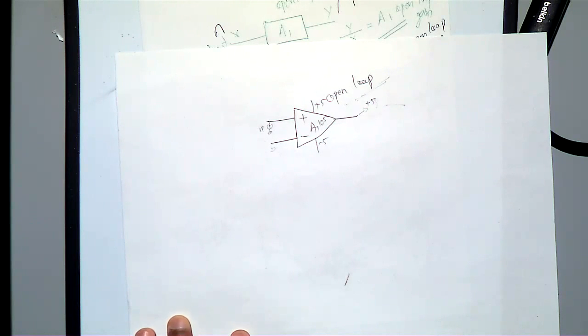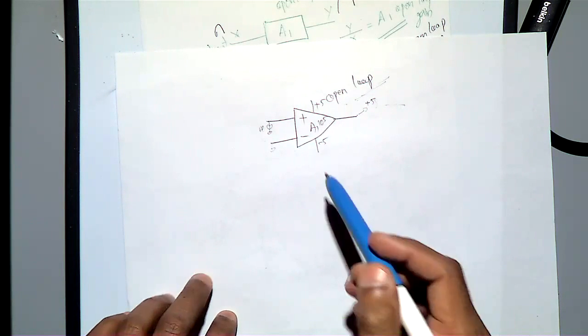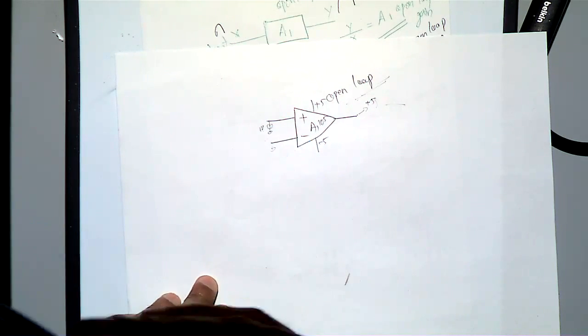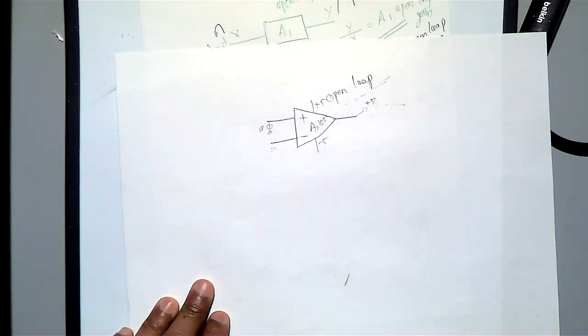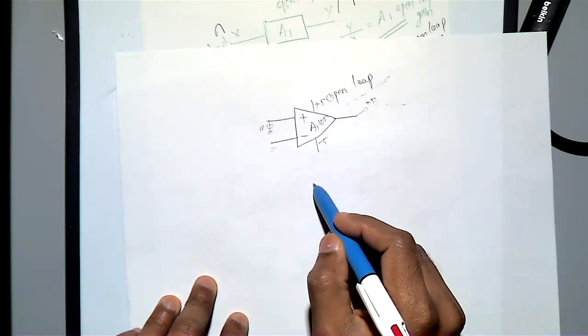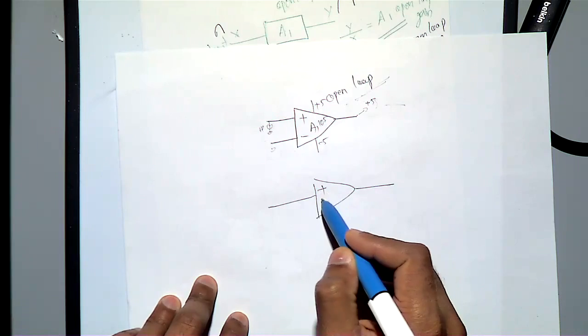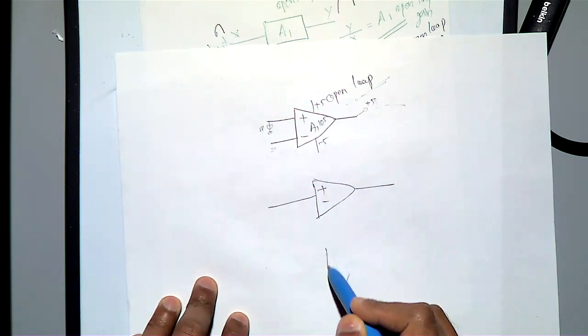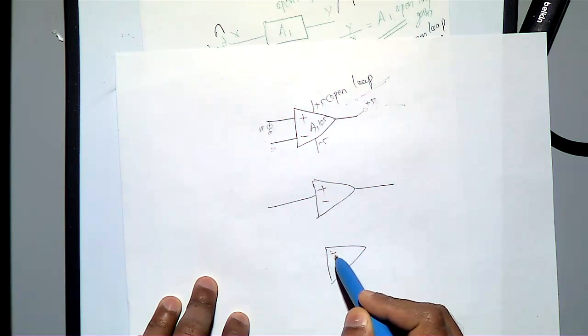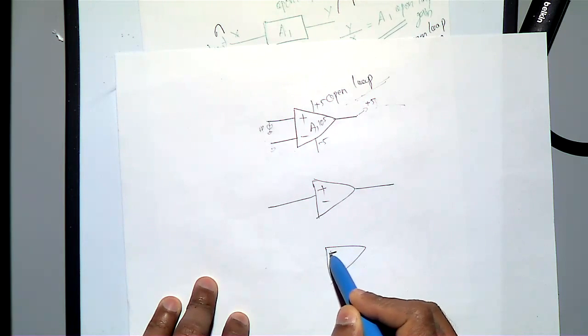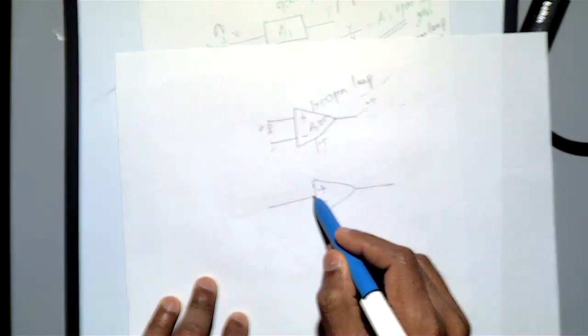That is the reason we operate in the closed loop. In the open loop, we use it as a comparator, which is an application I discussed in the previous lecture. When it is in the closed loop, you have two ways you can operate. One way is you connect your signal to the inverting input. Another way is you connect your signal to the non-inverting input. So this is negative, this is positive. So this is called